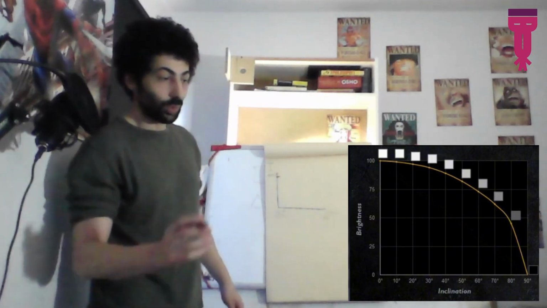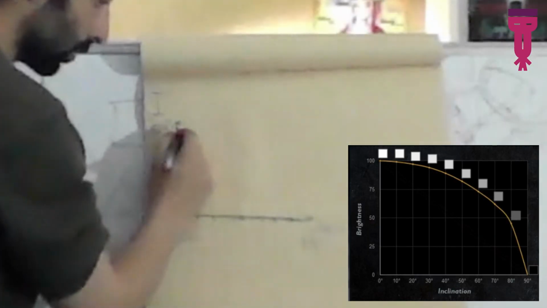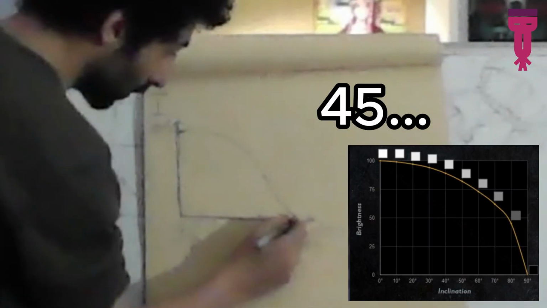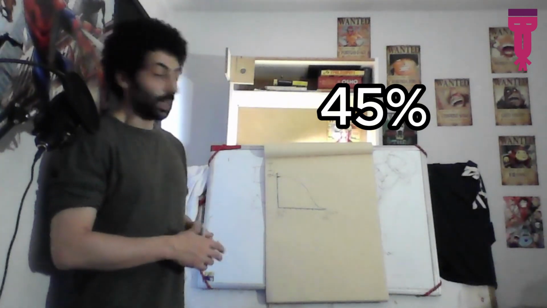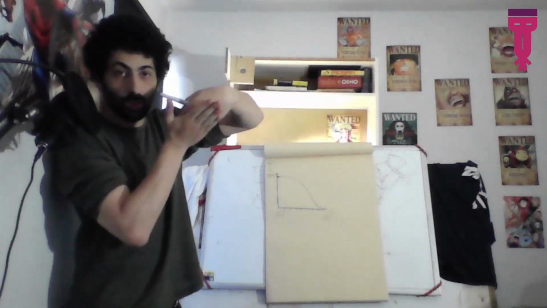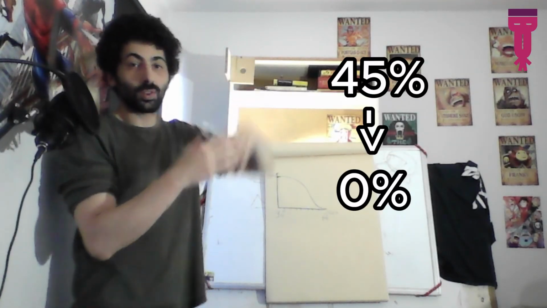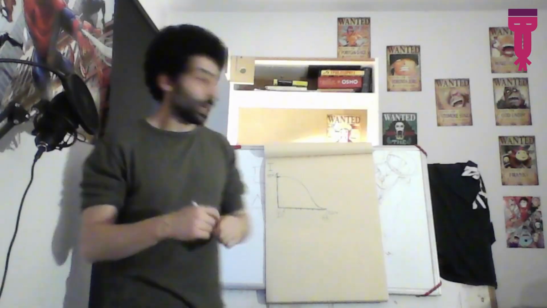At a certain point, when we reach the 10 degrees, right before we reach the 0 degrees, the light is gonna be at around 45% intensity. And then as soon as it reaches 0, it's gonna drop from 45 to 0 instantly, because simply the light will not be able to reach that point. If you imagine this on a sphere,